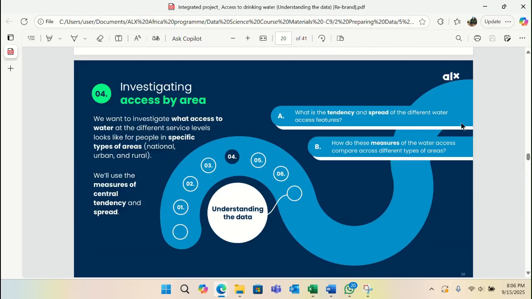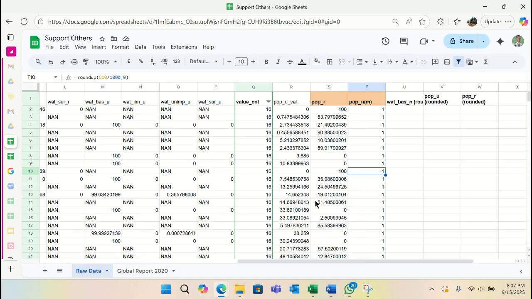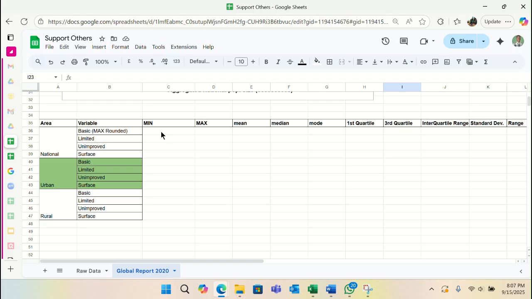So we are looking to calculate this. In our previously created global reciprocity, let's determine the maximum of each of the 4 national water access columns. Let me go to my data, come here, go to my report. So I did min max. So this, do I have this rounded figure? Yeah, so let me